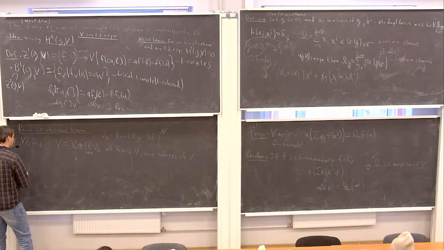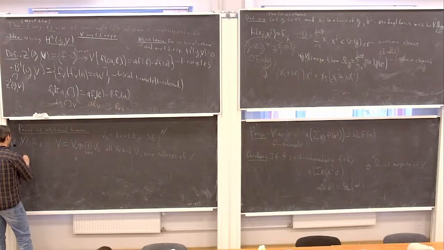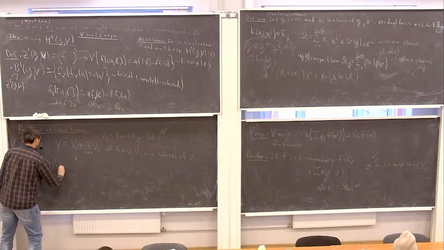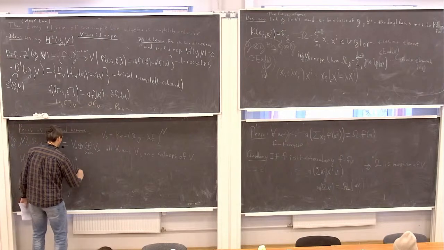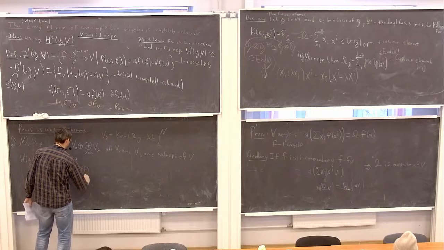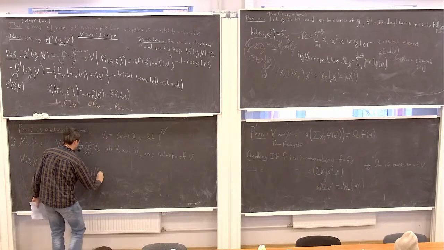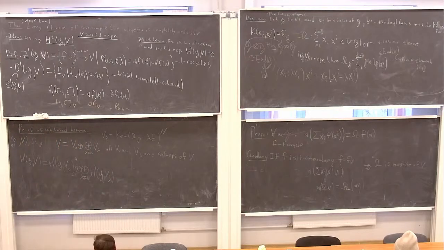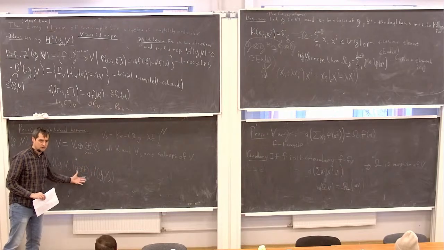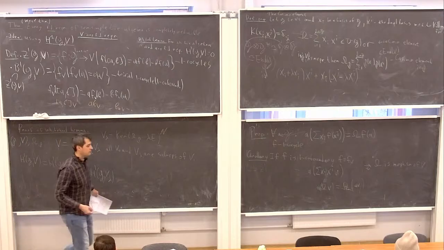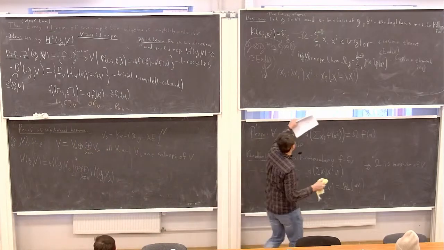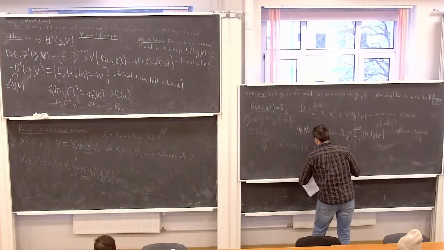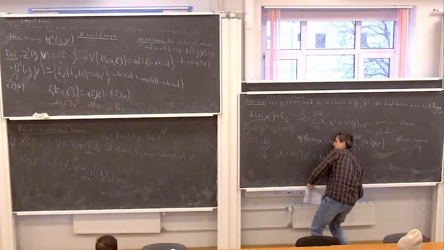Now this is also a representation. You want to show that h1 of g, v is 0, but h1 of g, v is h1 of g, v0 plus the direct sum over non-zero lambda of h1 of g, v lambda. So it's enough to prove that all these are zeros. So we decompose our representation into a sum of generalized eigenspaces for the Casimir element.